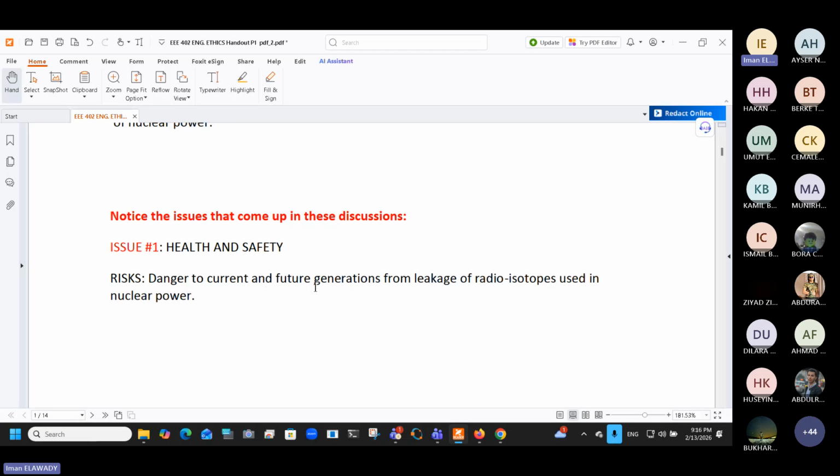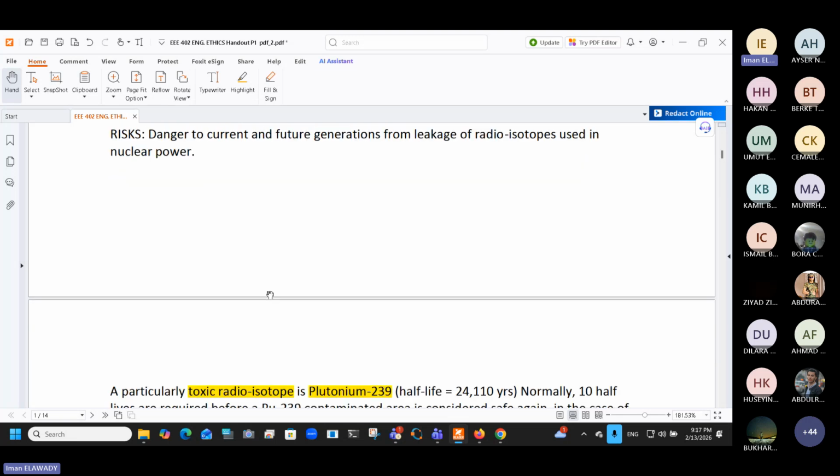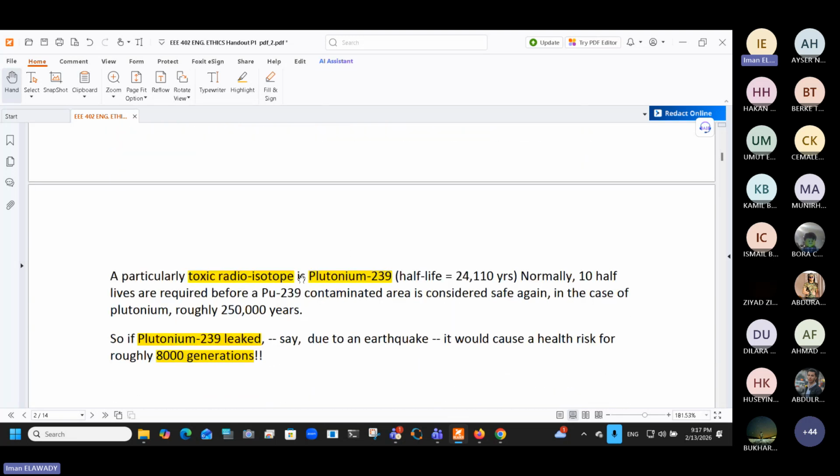This radiation, radiated particles, it's going to be leaking. It's going to have such kind of risk. For example, the most important example here, we have plutonium 239. It is 100% toxic,